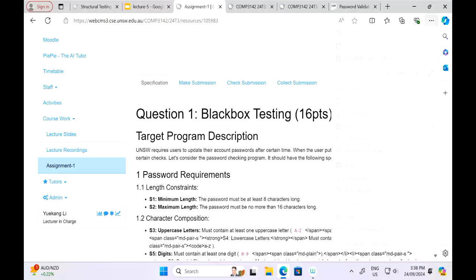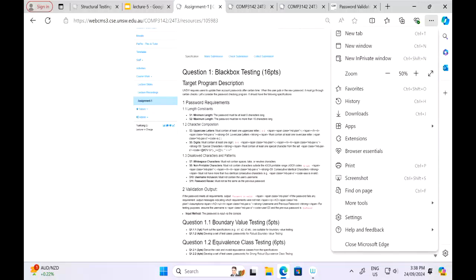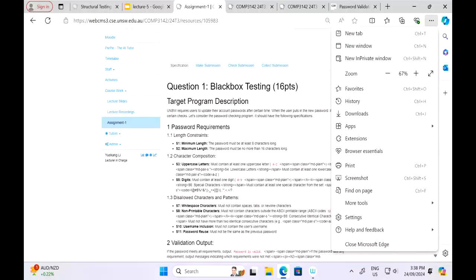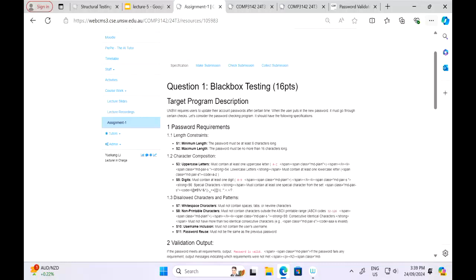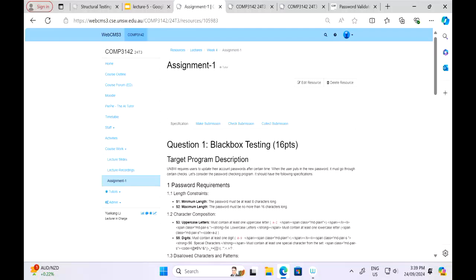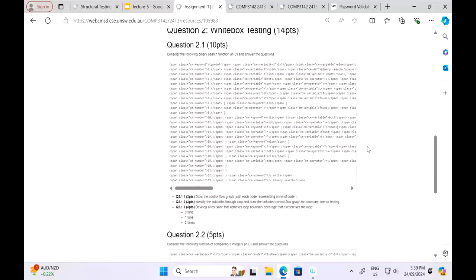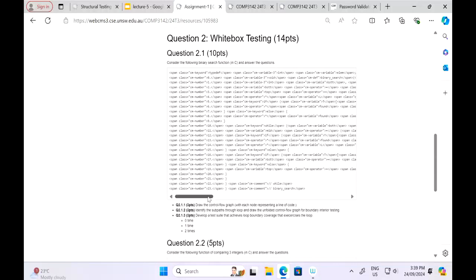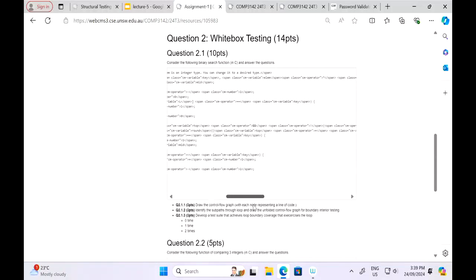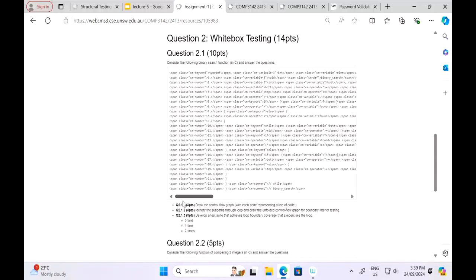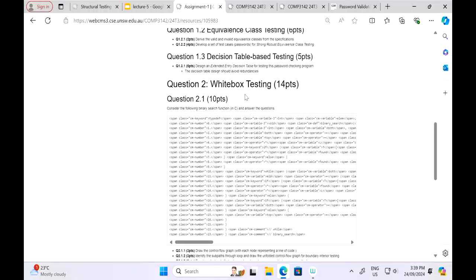So, let's see. Is it still available? We haven't released it, so you cannot see this assignment yet. But this is roughly what you will expect for your assignment 1. In assignment 1, we will be doing some practical questions. This is why we are not releasing it yet, and this is actually some code,